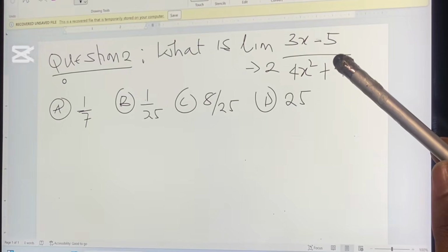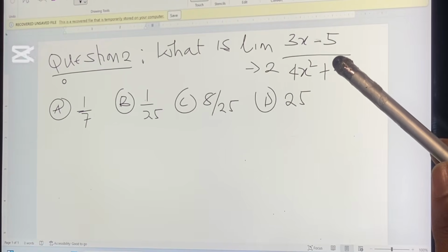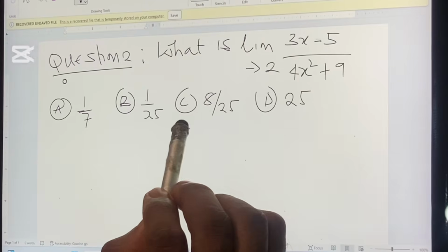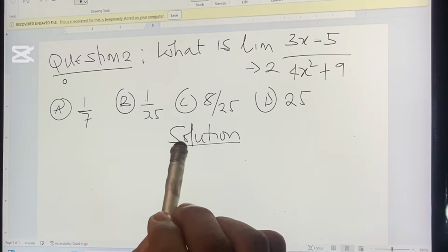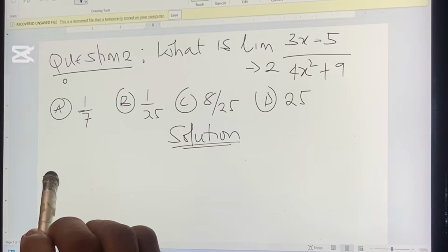If the limit of the function is in surd, we use the rationalization method. But if the limit of the function is not in surd, and the value of s tends to a number, the first method to use is the direct substitution method. Please take notes. So let's solve this question here. I have the limit of